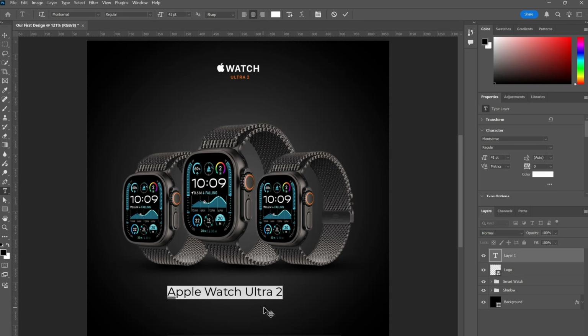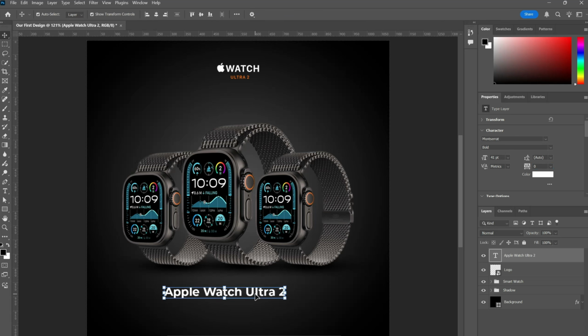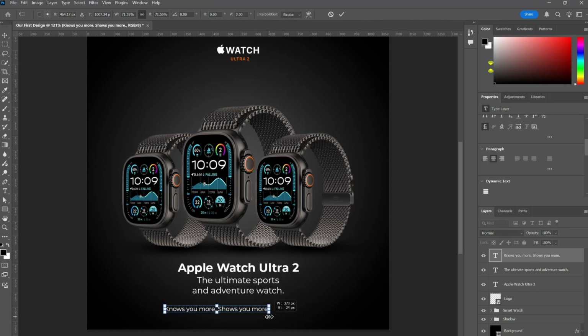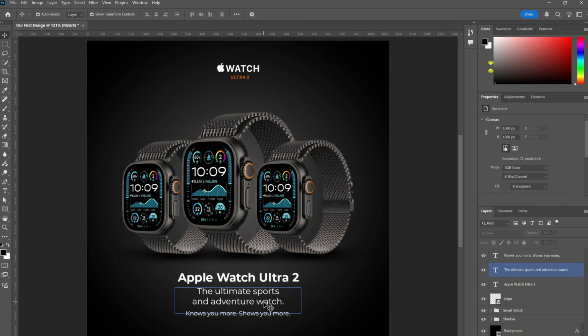You can change the font either from the top menu or the character panel on the right-hand side. For our design, let's use Montserrat Bold. At the bottom, you can adjust the font size, and you can also set the tracking if needed. Once done, align the text to the center. Now, add all the remaining text layers, and adjust both the text and smartwatch layers so everything looks nicely arranged